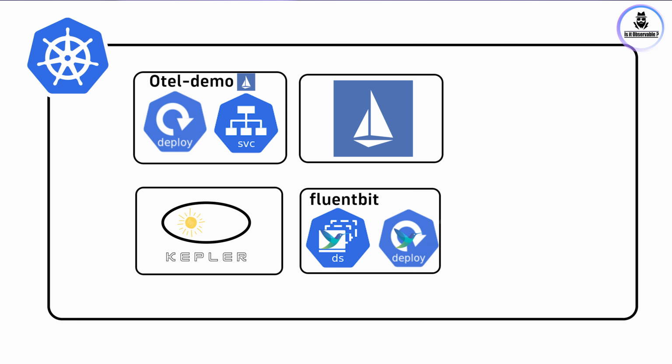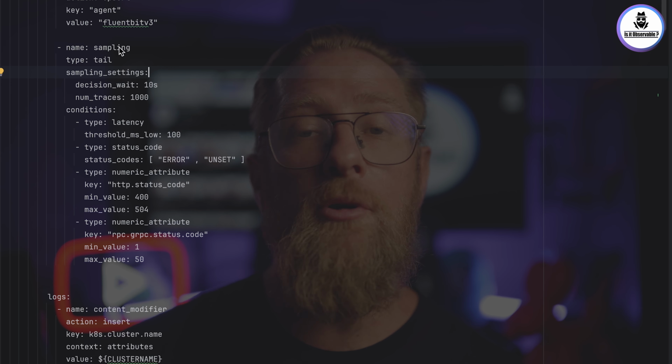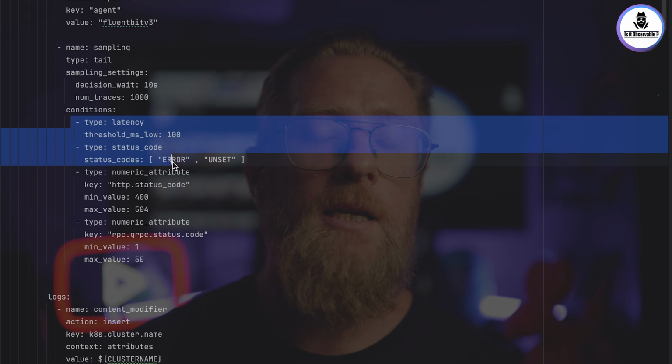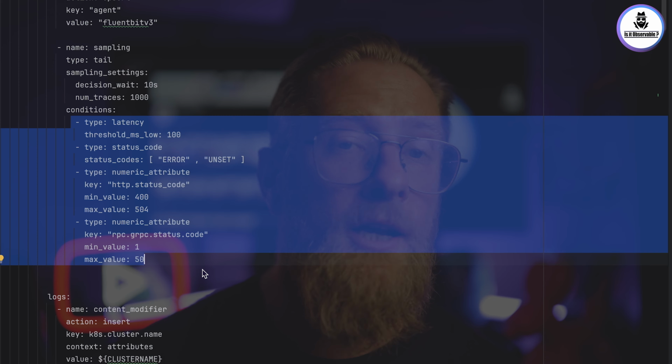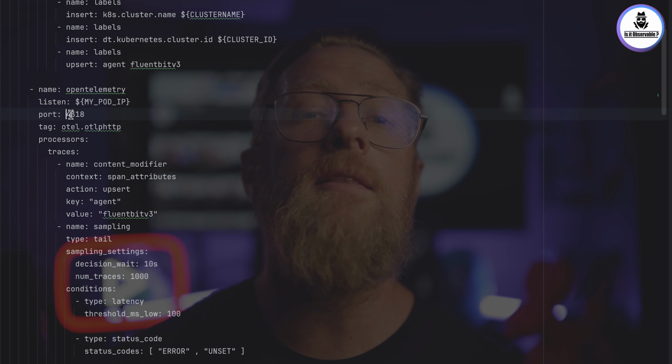I'll run 2 instances of Fluent Bit, like explained before, one collecting logs deployed as a daemon set, and one collecting metrics and traces deployed as a deployment. And this one would have tail sampling configured for 2 input plugins, so the OTel HTTP and the OTel gRPC. The tail sampling would cover the latency, so everything that is above 100 milliseconds, every error code from a span perspective, and finally, I will have some numeric attribute rules to check the HTTP response code and the